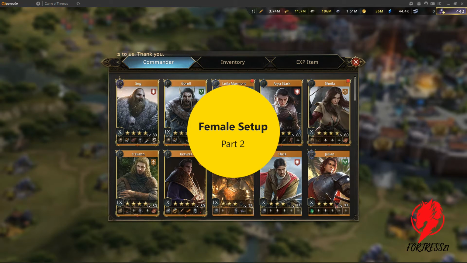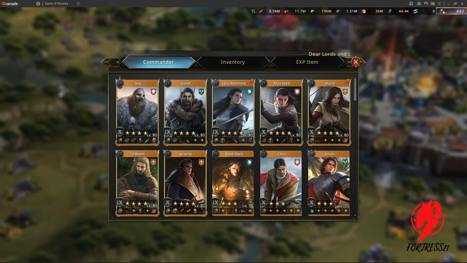If you remember, in the last video we were talking about the female setup and having Leila Mormont for that setup. But in this video we are going to talk about the other commanders that you can have alongside Leila Mormont for your female setup. Especially, we are going to talk about the infantry formations and the commanders that you can have for that formation,